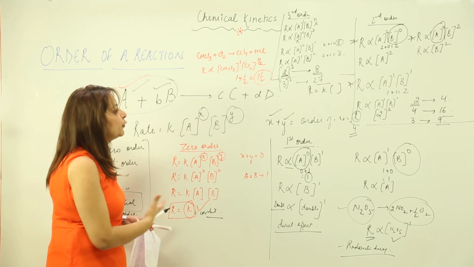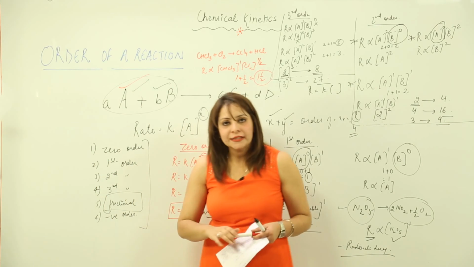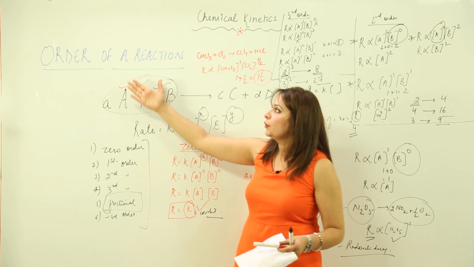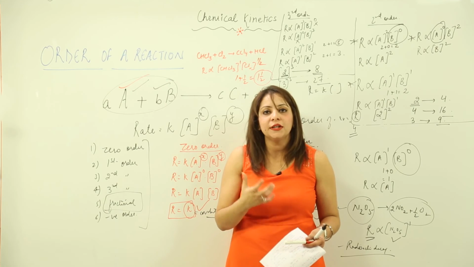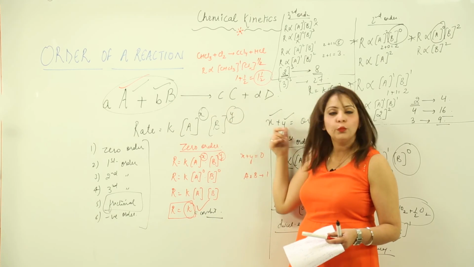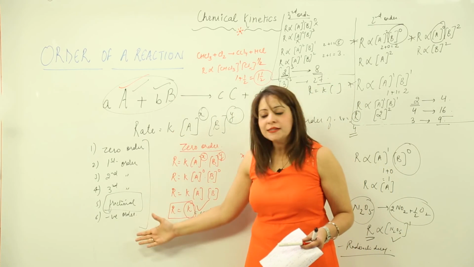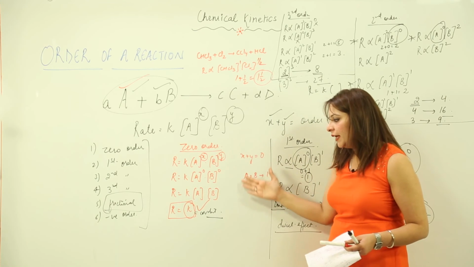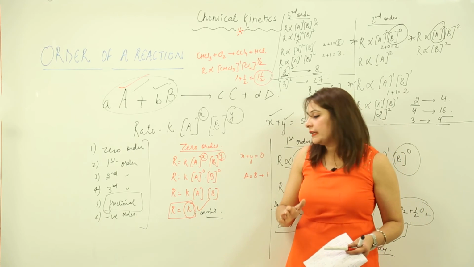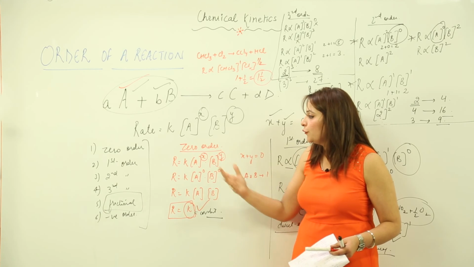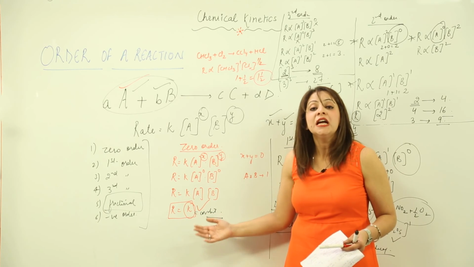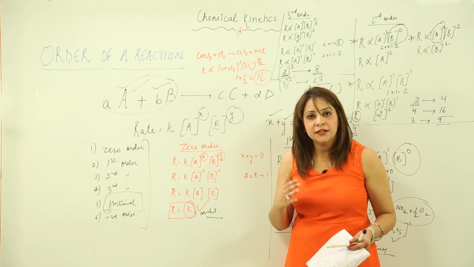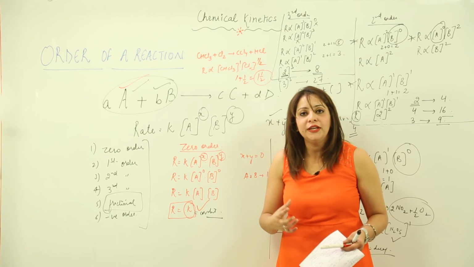So this is how you are going to indicate the order. I think it's clear that if somebody asks you about the order of a reaction, it is not a big task, it is just the sum of the experimental values, that is X plus Y, and we can have different orders. As I told you, we can have different combinations. You should be well versed with it, that if somebody asks you for zero order, you should know that the rate of reaction is constant. It is hardly affected by the change in the concentration of the reactants.